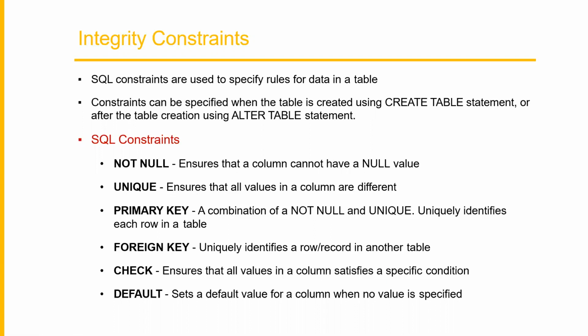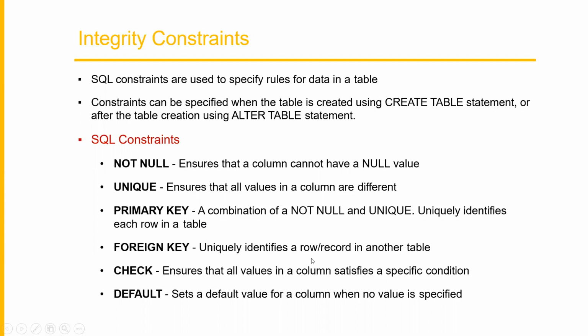Next, primary key. Primary key is a combination of not null and unique. It has to be not null, and it should be unique. The combination of both is what we call a primary key. And this is the keyword. If we want any column as primary key, we can define it as primary key, and with this primary key we can uniquely identify each row in a table. The constraint for this is not null plus unique. So it will not accept null values, and the values entered for this column, which is defined as primary key, should be unique.